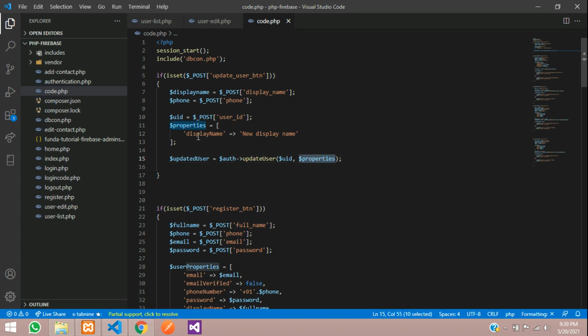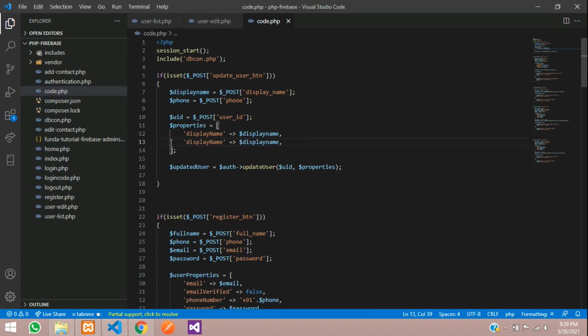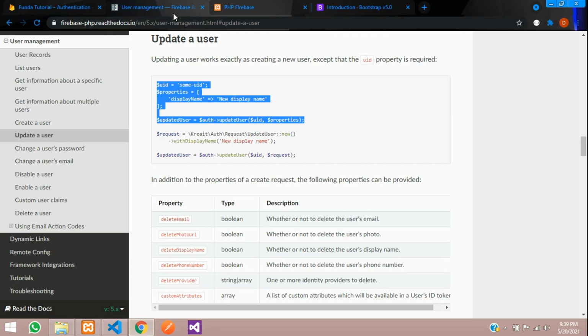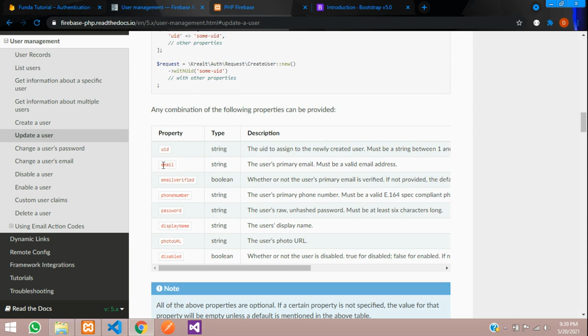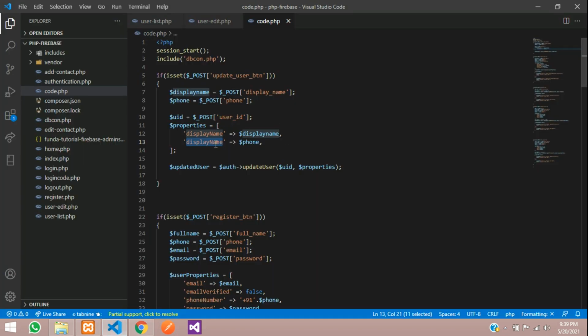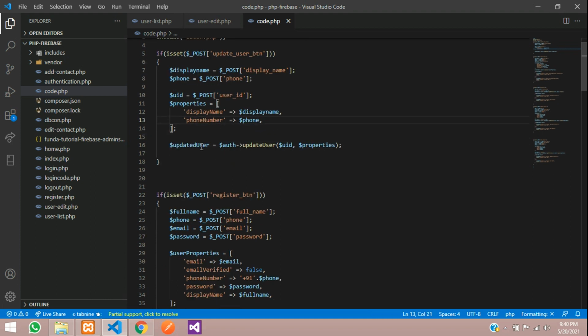And what are the properties detail? That is display name. This display name we will take and pass over here, and give a comma, and then copy paste again, and the phone. So this variable phone, and what is the exact value for that, you need to go over here, and at the top you can see phone number. Let's copy this and paste. That's it. So once it's updated, it will ask for $auth.